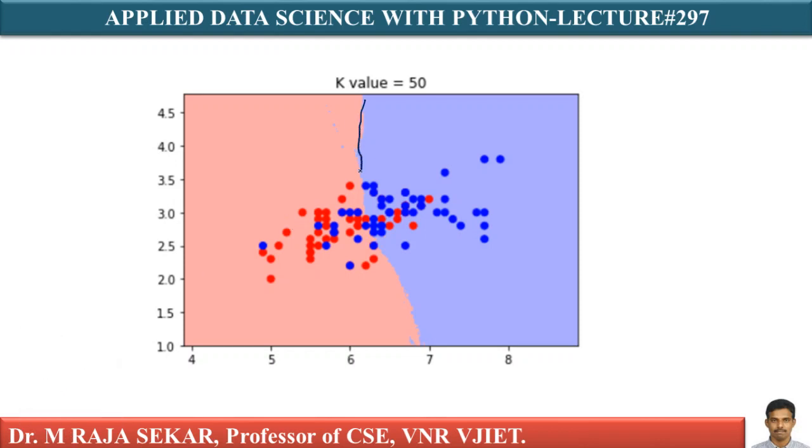I request all of you to go through this code. Anyway, as I told you, I will explain the code, so don't worry about it. Play around with this. Just change k values and observe the decision surface so that you can really understand how the decision surface changes with the value of k.